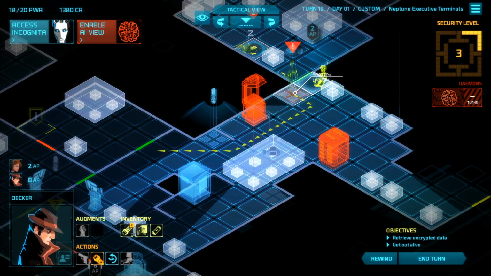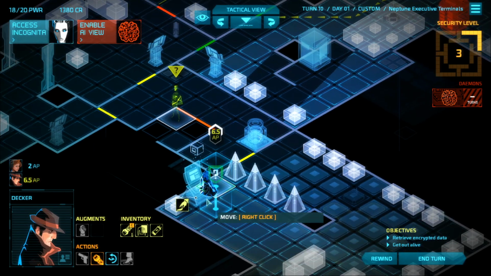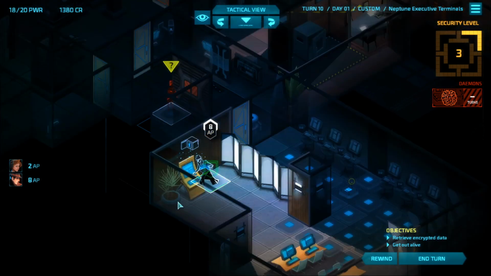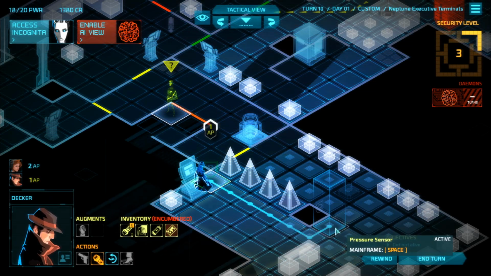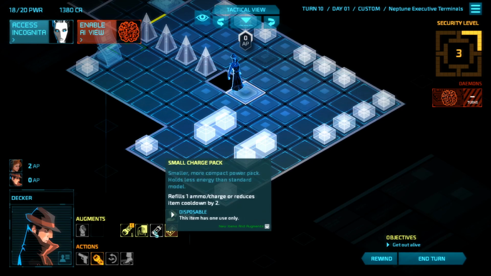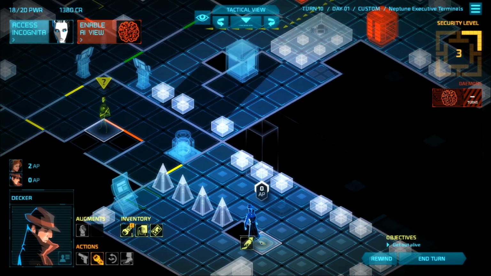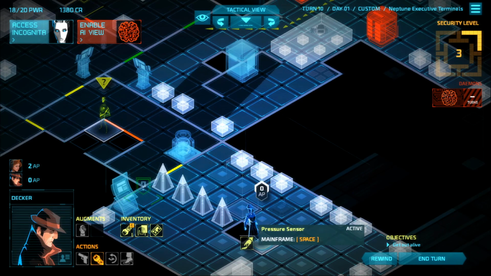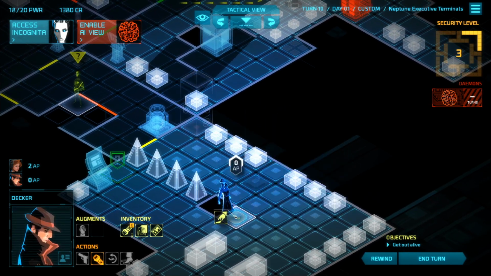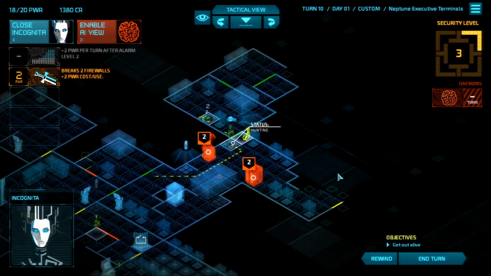Do I really want Decker to be encumbered all this time? Is that worth $100 to me? It's probably fine. Like, I could drop the small charge pack to avoid it, but then the trick with encumbrance is to drop items so that you can at least start your turn by sprinting. It won't matter here because this guy is going to stop here or whatever, and I won't be able to move at all next turn, but still nice to be able to start with a sprint. Maybe I want to use all that AP to